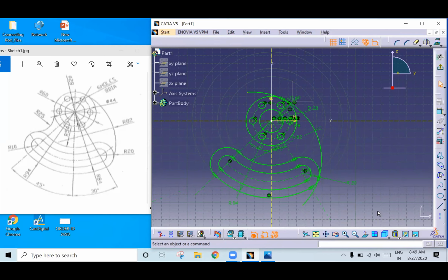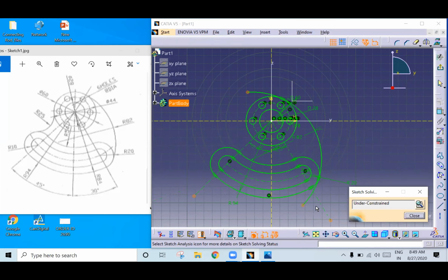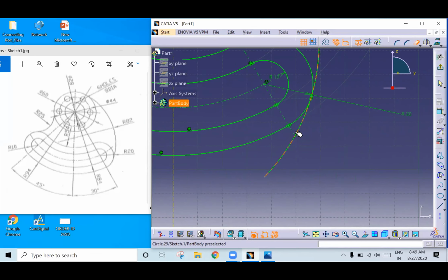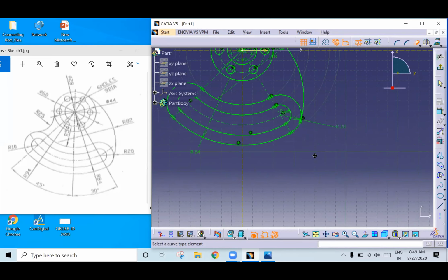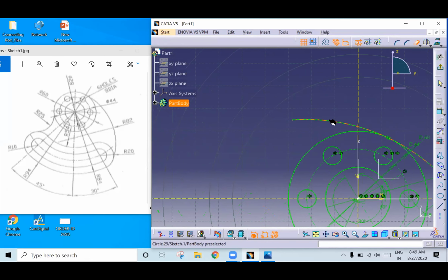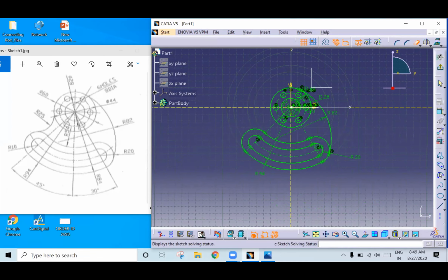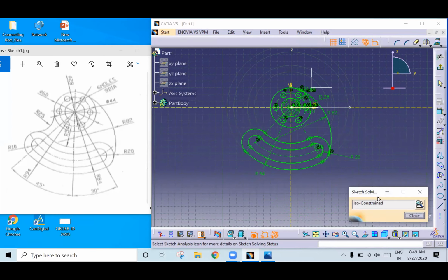Now if you check constraint, so you have under constraint, and here also open profiles. Only thing is you need to go to trim this. Again, see here you are getting open profile, just trim this. Okay, trim this. Again, here we have open profile, select this and this. Now if you check, initially you feel difficulty, if you practice, you will get it. All of you got it?